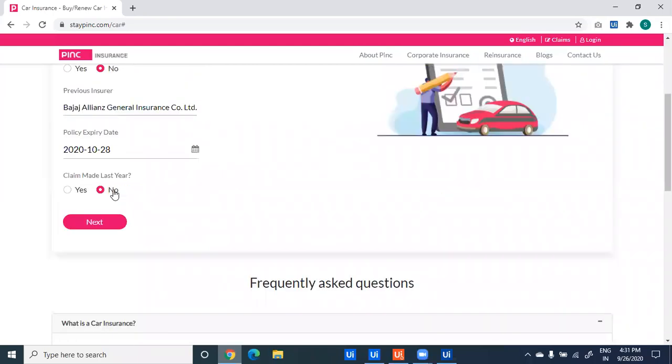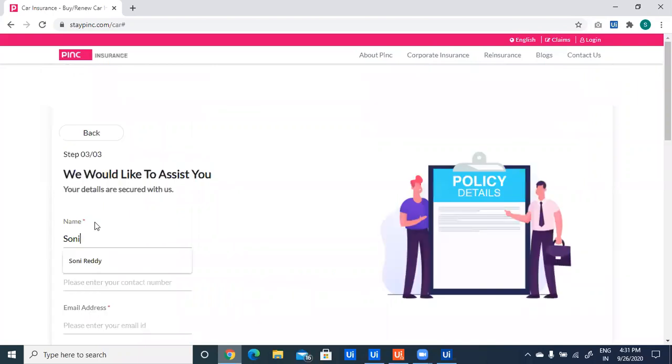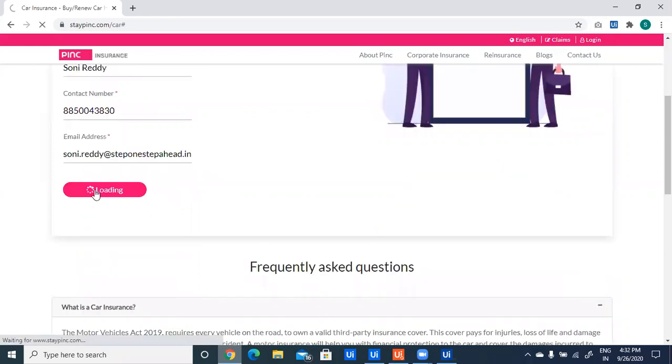Now it enters the expiry date and clicks on next. It will enter personal details. This is with the valid data, so it is checking with the valid data.